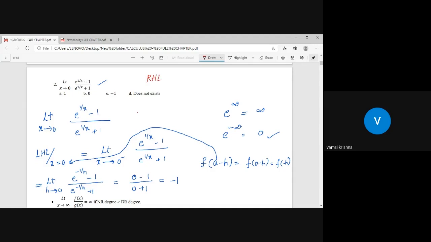The right hand limit at x equals 0. Sir, x equals 0, right hand limit means f of a plus h. In place of a, you need to take 0 plus h, that means you have f of h. Okay, if I take this value, limit x tends to 0 plus of the given function. 0 plus means h tends to 0. Your f of x becomes f of x plus h now. So 0 plus h, a plus h, so f of h.